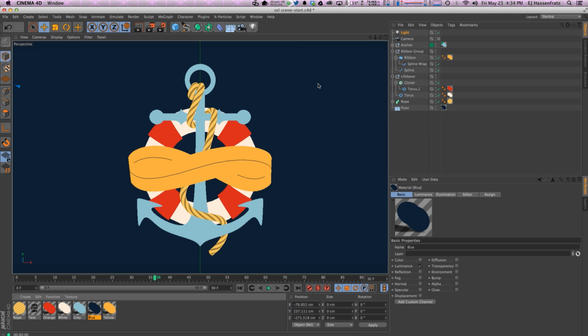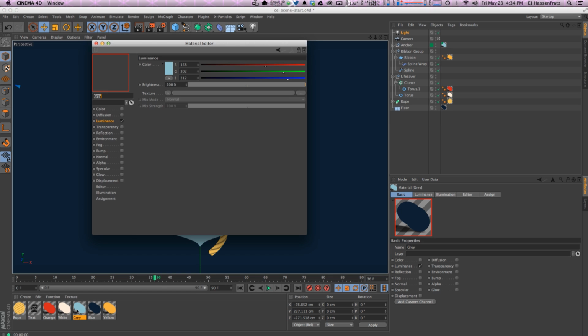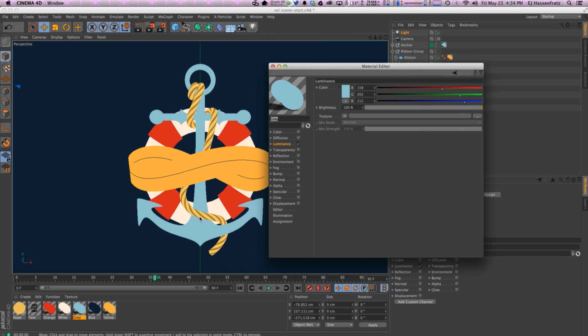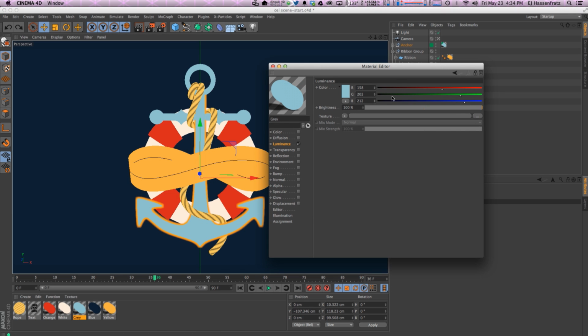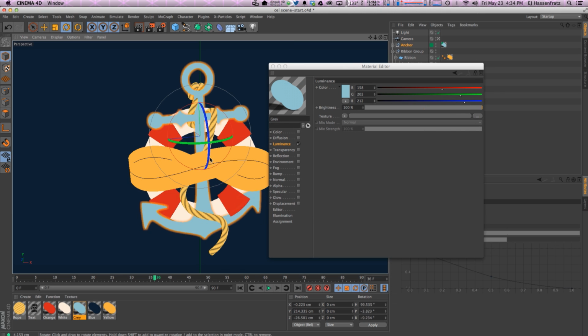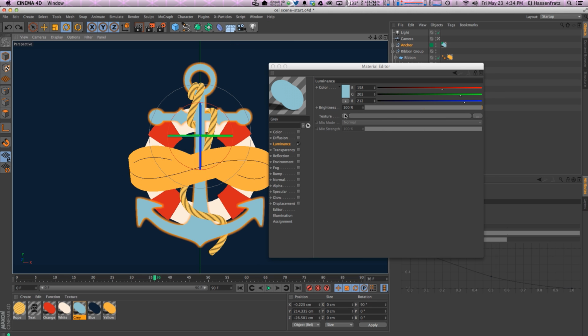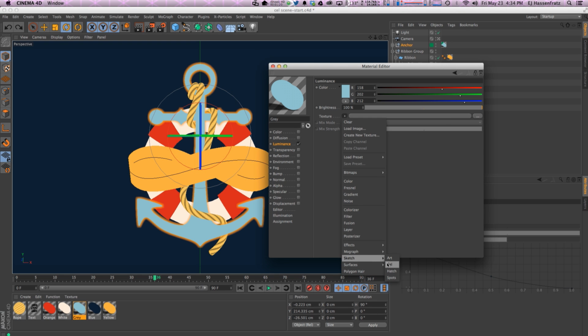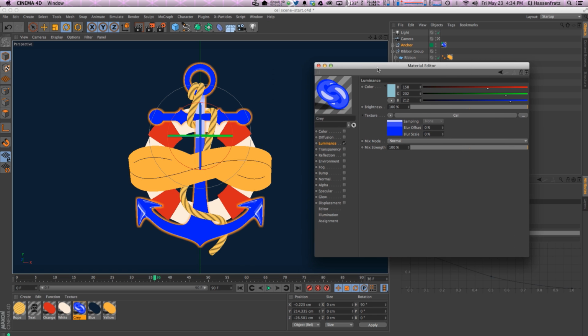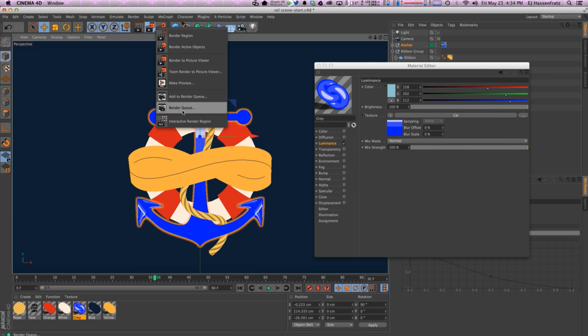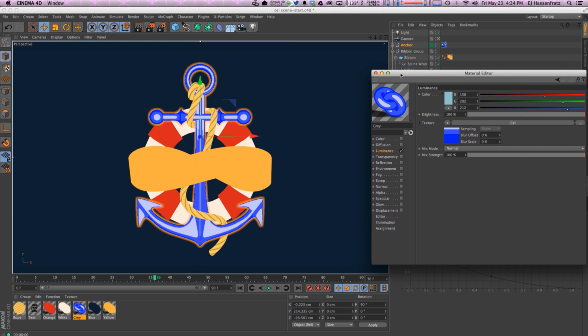I'm just going to go into this gray material here that I have applied to this anchor element here. You can see this is a fully 3D object here. I'm going to go in and grab our cell shader here. Now a cell shader is really handy. What I'm going to do now is go and enable our interactive render region so we can see live what's